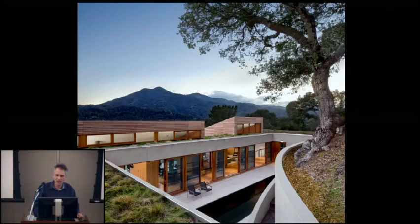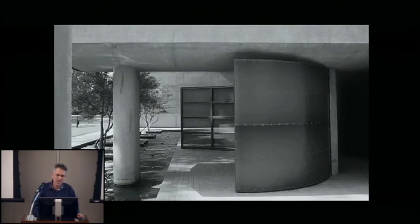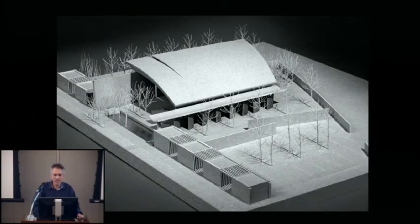But we couldn't sell our client on that, so we just covered it with stucco, which was kind of a disappointment, but looks okay. And then I just want to show this very important project for me. It was finished more than 15 years ago. It was the first really significant project in my career, done with Dan Solomon, San Francisco architect, where there's a